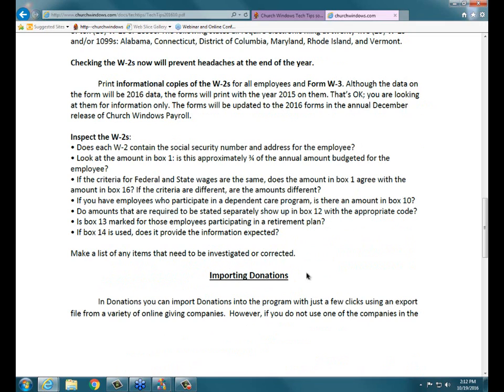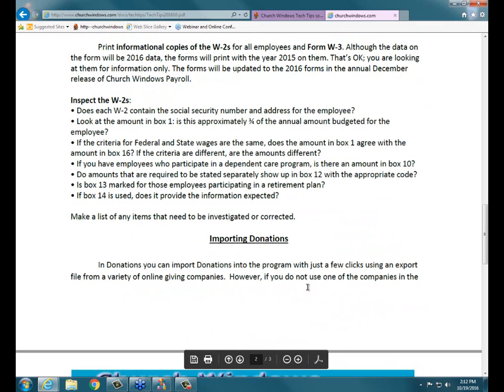All right, moving on to the next topic, importing donations. If you weren't aware, if you are using donations, not the older contribution module, but the donation module,